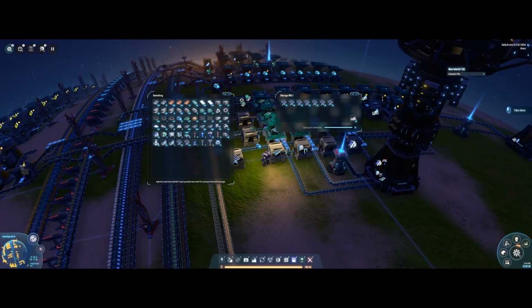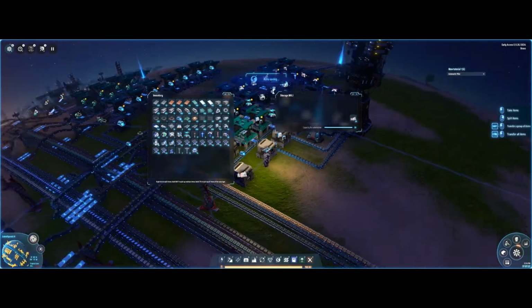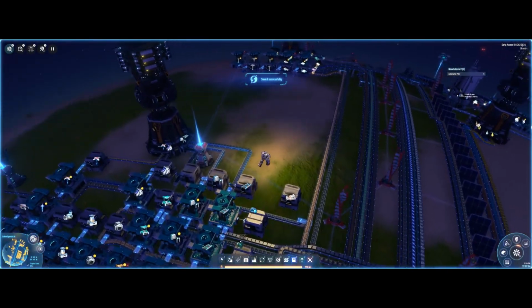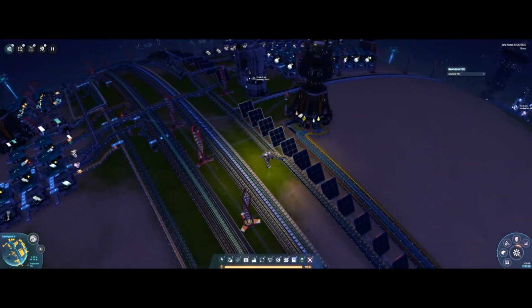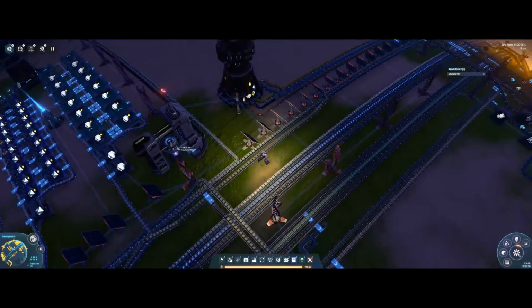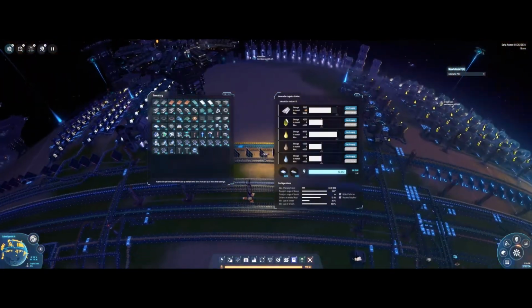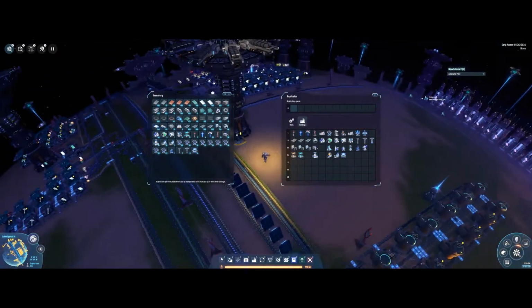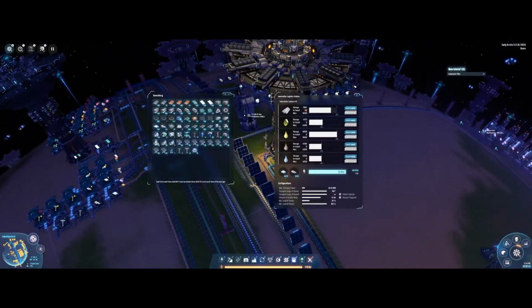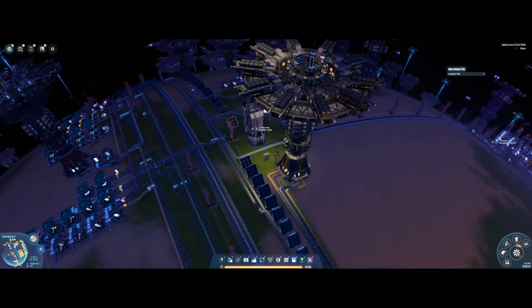I'm going to head over to my other world and make sure that these are all provided in the logistics network, because when I go to another star system I can just request those instead of having to come back and get it. I've got all my oil products here in the logistics network. I've got it in Interstellar, so I can go remote demand if I want more plastics,